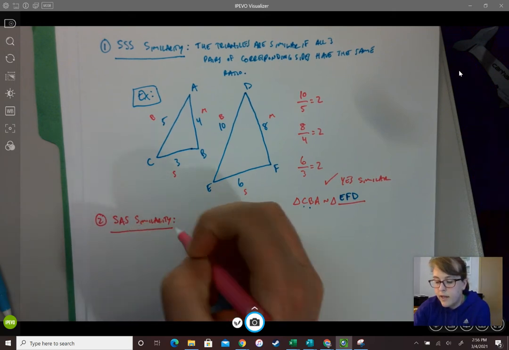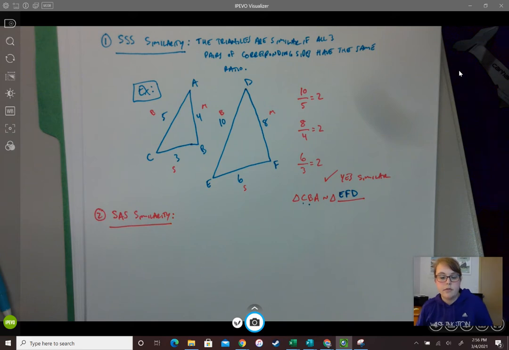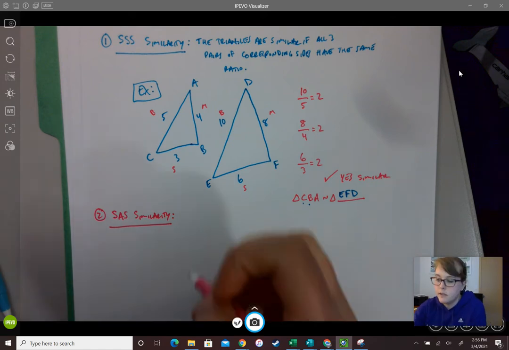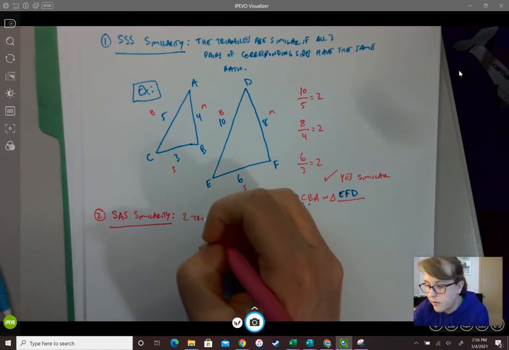So just like with SAS, when we were doing triangle congruence, you do have to have the same setup here, where you have two sides and then the angle that is in between those two sides in order to show SAS similarity. So we would say two triangles